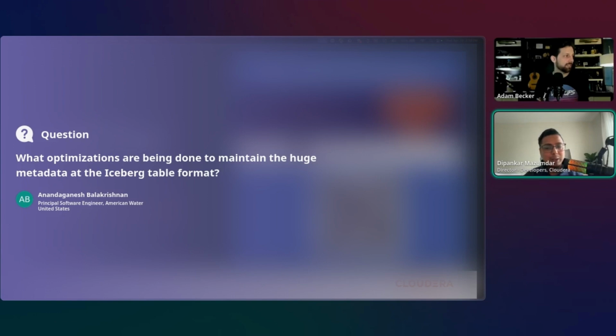Right now, if we make a smaller change as a commit, you have to rewrite that entire tree, which leads to a lot of metadata file generation. The idea with the proposal is that we make a reduced file commit so that there are not too many metadata files, so even for low-latency streaming, like for Flink, we can take benefit of that. The second part is that we are also thinking about migrating towards using Parquet as manifest files instead of Avro, because that gives us columnar-based statistics, which allows query engines to prune data and metadata in a better way. Those are some of the things we have been thinking about.